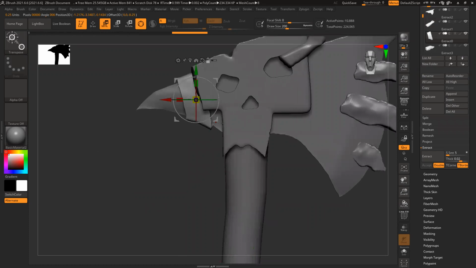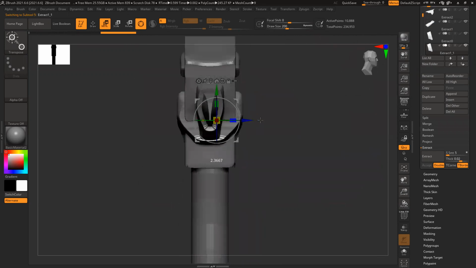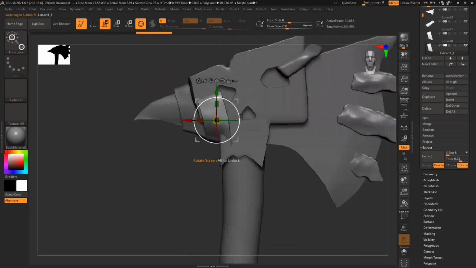Control Shift D, duplicate the model. Bring it here, increase the width, rotate, reduce the width. This one is pretty thin.